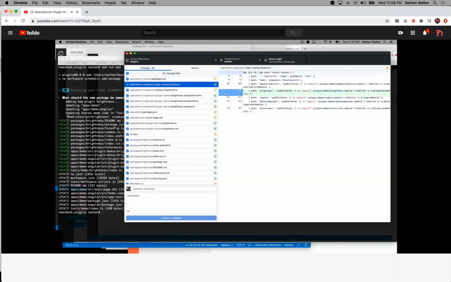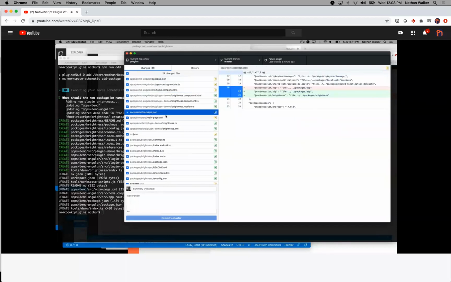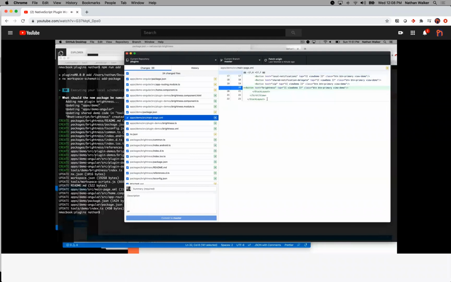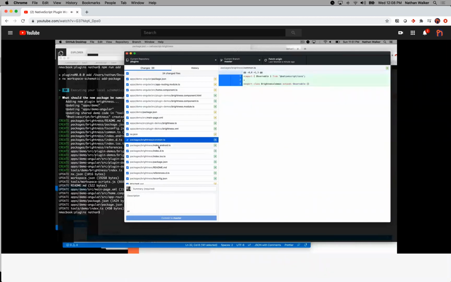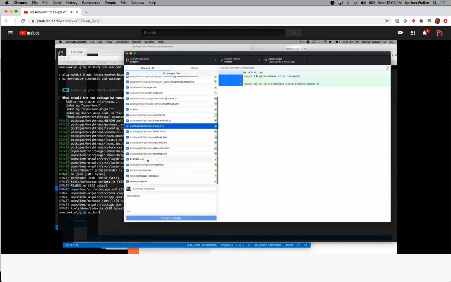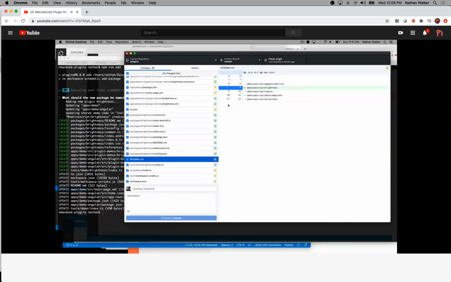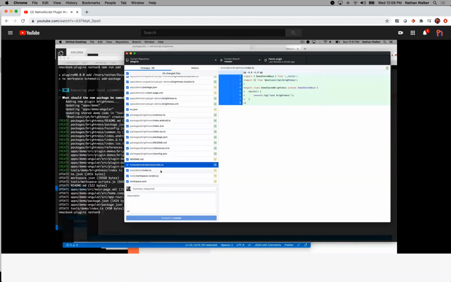It automatically annotated the routing. We can see it also added to the vanilla demo. It annotated the index here, and it added the actual demo view. It also configured the workspace, added the package harness for it, annotated the README to actually include mention of that new package, and it also